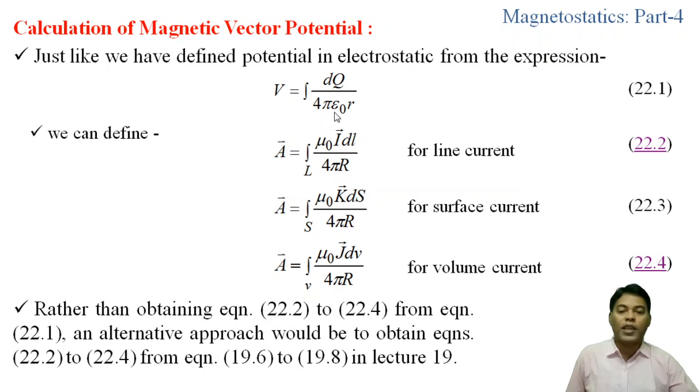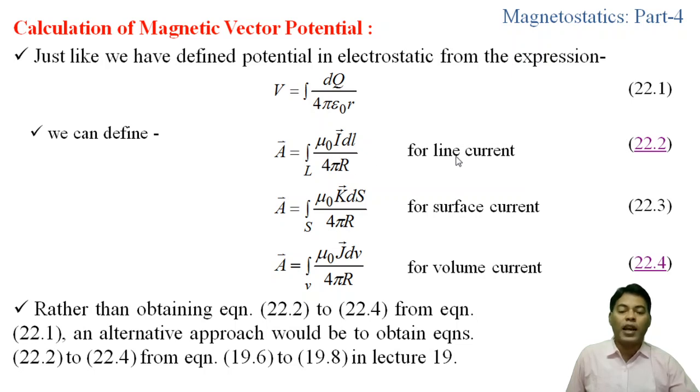Epsilon naught is replaced by mu naught, and dq, the charge element, is replaced by the current element I dl, over 4 pi r. So by comparing with the potential V, we can write the expression A